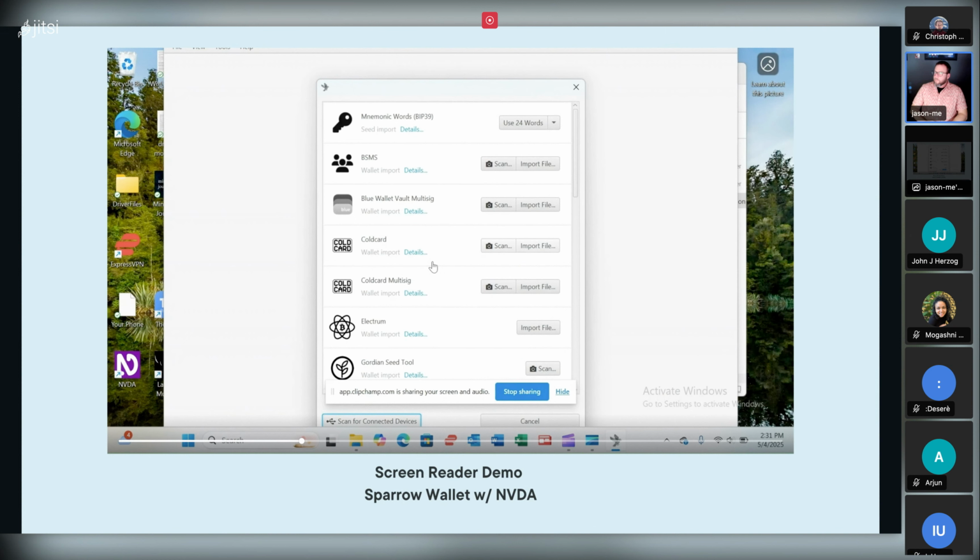Dialog mnemonic words. BIP39. Seed import details. BSMS wallet import details. Blue wallet vault multisig wallet import details. Cold card wallet import details. Cold card multisig wallet import details. Electrum wallet import details. Okay, I'm going to silence the screen reader with the control key, but in this case,